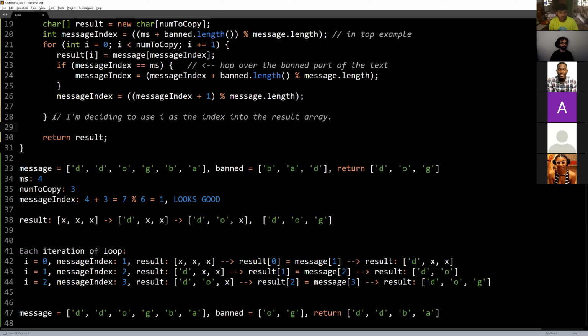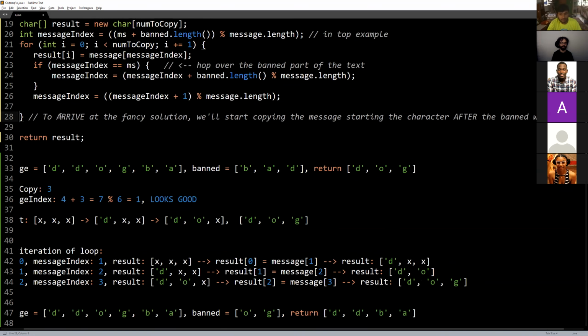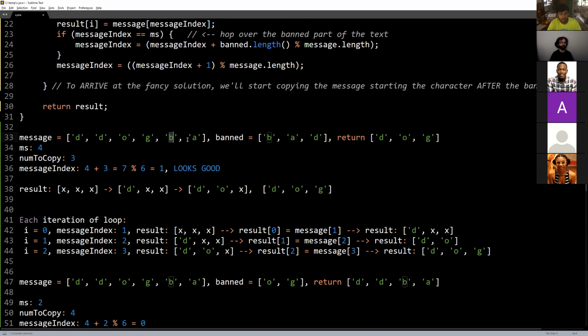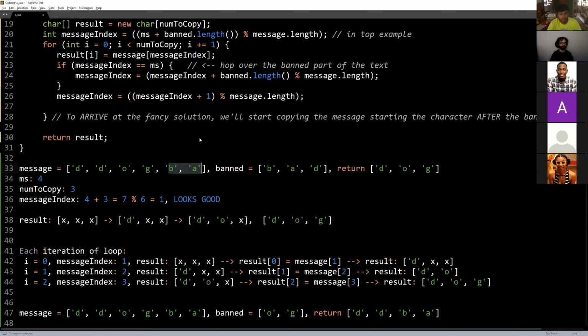All right, I was going to leave it here because I've got to run, but to arrive at the fancy solution, we'll start copying the message starting at the character after the banned word. If we do that, then I don't need to worry about message index needing a discontinuity.